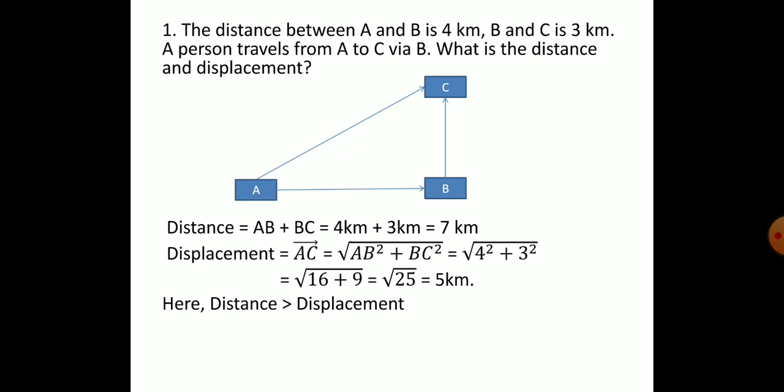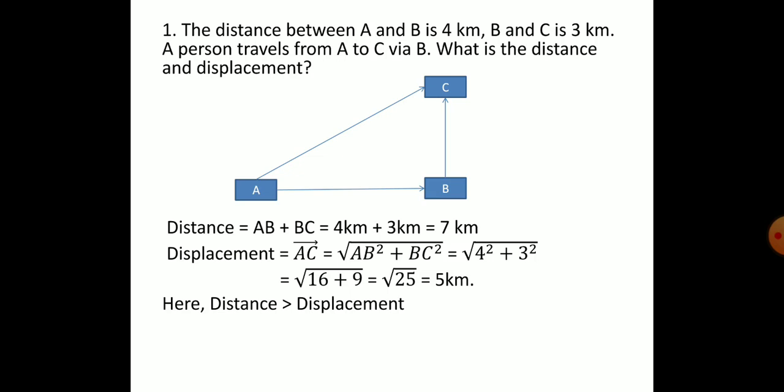Whereas talking about the displacement, we already learned displacement is the shortest distance between the two given points in a particular direction. Here the direction is very important, so only we have put that arrow above AC. That means it is a vector quantity. Okay, so displacement is the vector quantity.